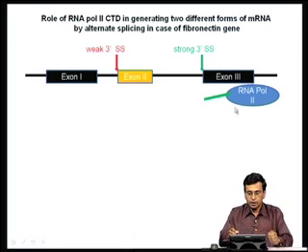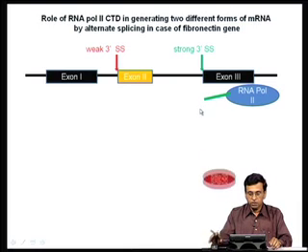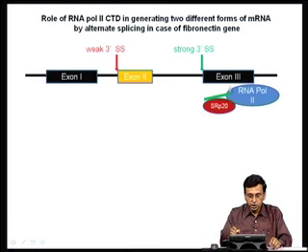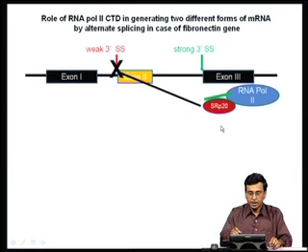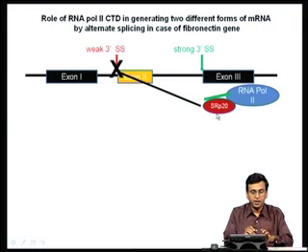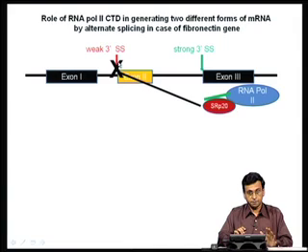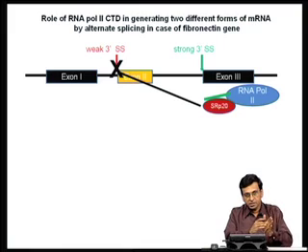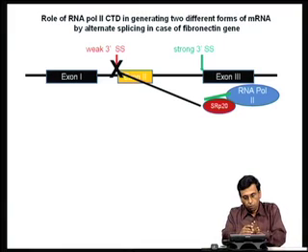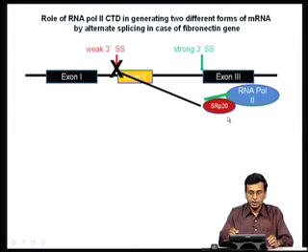Now, it turns out when the RNA polymerase starts transcribing this gene, and when it passes exon 1, exon 2 and exon 3, and if it has a normal CTD, there is a protein factor called SRP20 which interacts with the carboxyl terminal domain of the RNA polymerase 2, and as a result of this interaction the SRP20 prevents the splicing machinery from recognizing a weak 3' splice site. Remember, I am repeating again, in this particular case as the RNA polymerase transcribes the gene and when it passes exon 3, a protein factor called SRP20 interacts with the C-terminal domain of RNA polymerase, and as a result of this interaction the SRP20 prevents the splicing machinery from recognizing the weak 3' splice site,